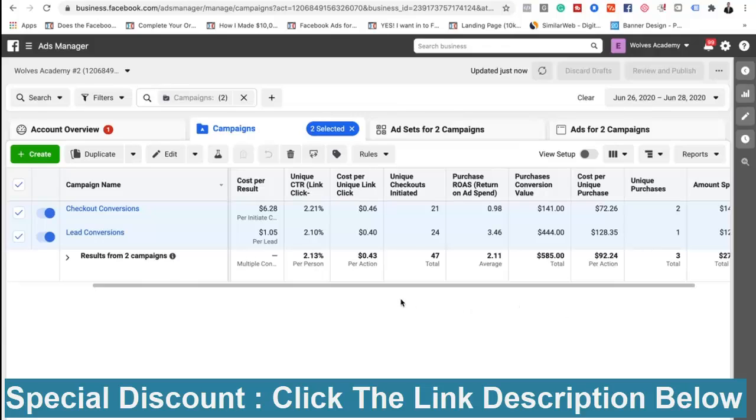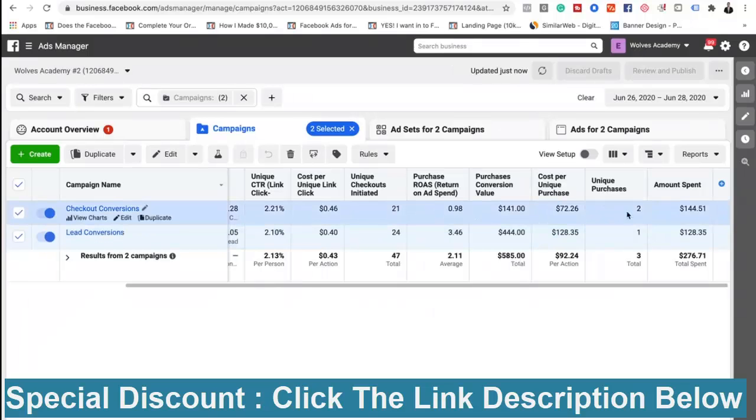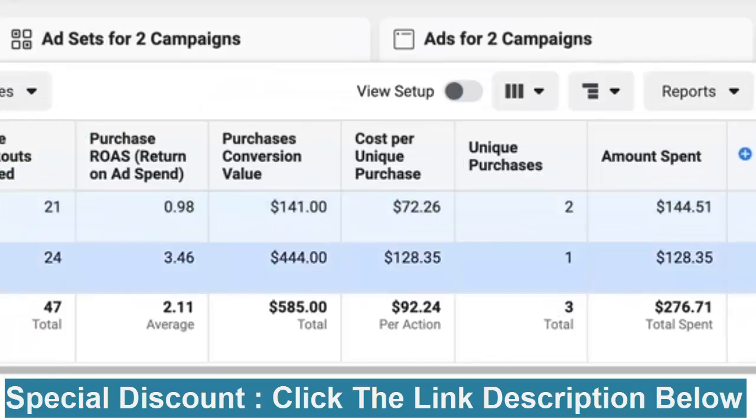Since we've made those changes, if you look here, me just being honest with you, my cost per purchase of $128.35 is out of KPI, but because of the total revenue that we generated from the first sale in this campaign, it actually made it a profitable campaign. So we've currently spent $276.71 so far. We've earned $585 so far. We have 3 total purchases so far, and our cost per purchase is